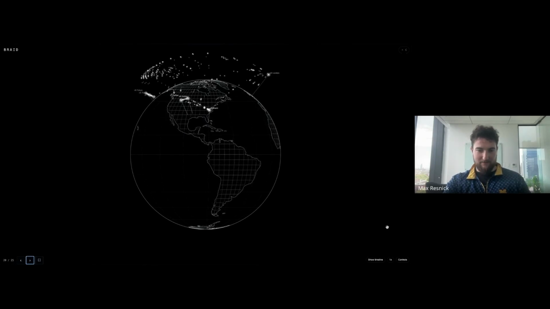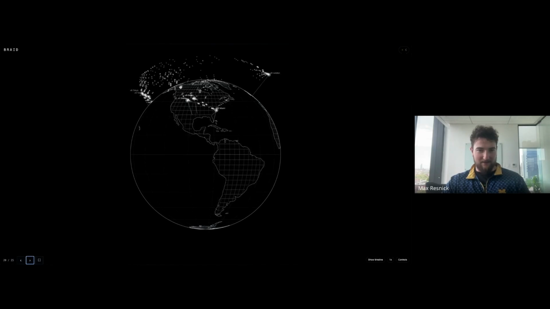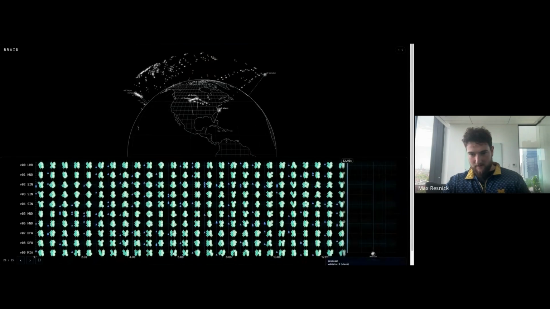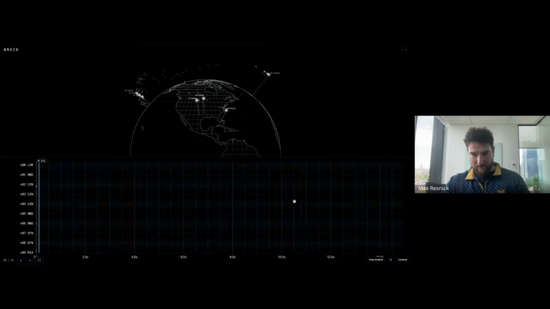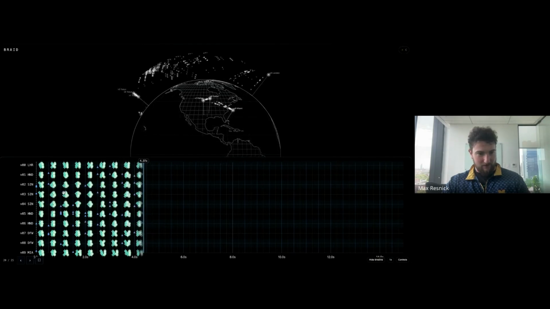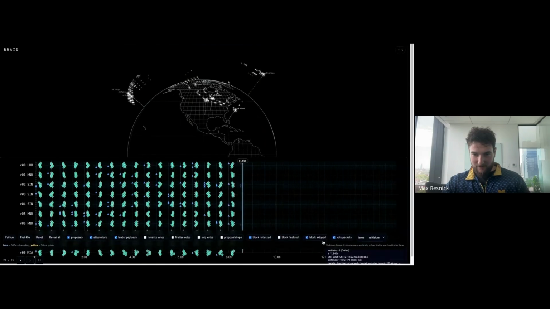So you can see we have the same number of packets as Gatling, but they're very bursty right now. Let me remove all the clutter.